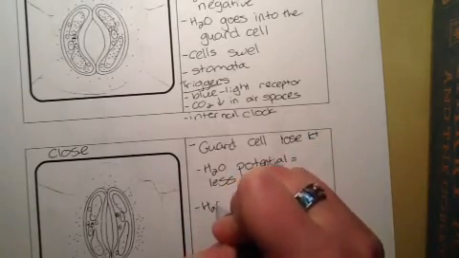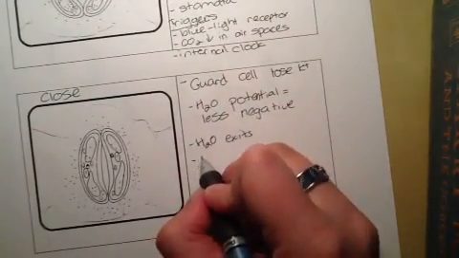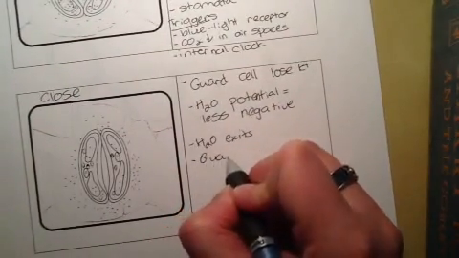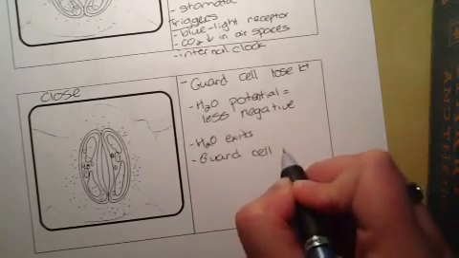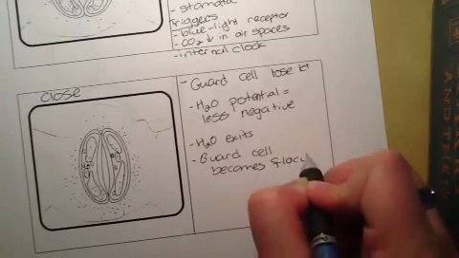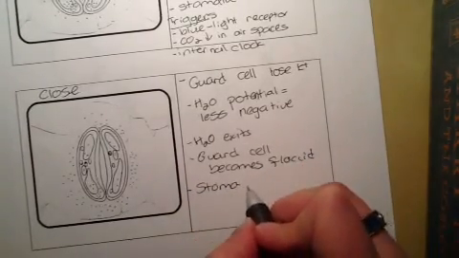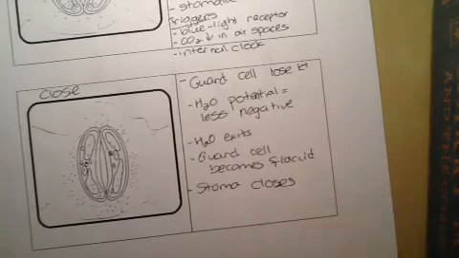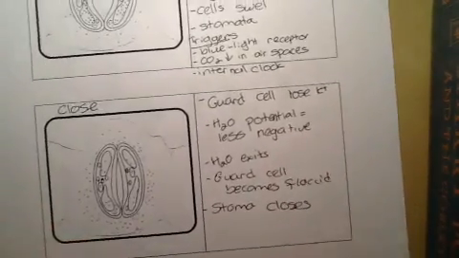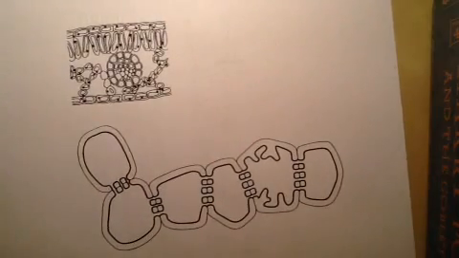So water exits. What happens to our little cell? It becomes flaccid. So our guard cell becomes flaccid and our stomata close, or the single stoma closes. So that's how that is controlled based on how much water we have. Now, let's say, so we've got our water